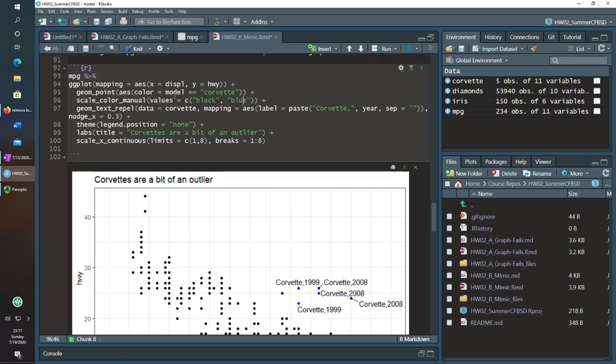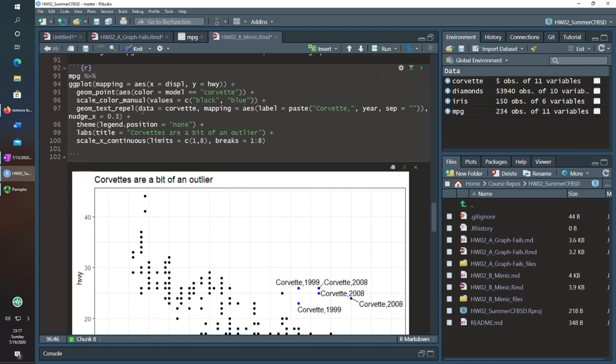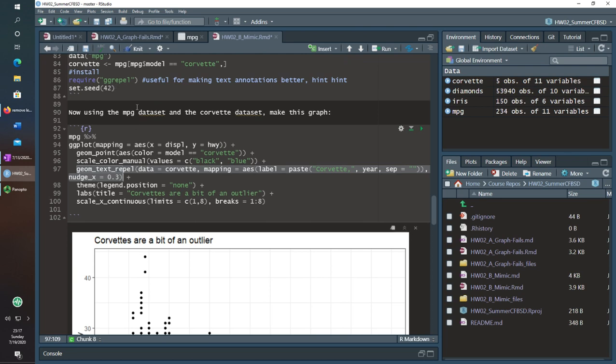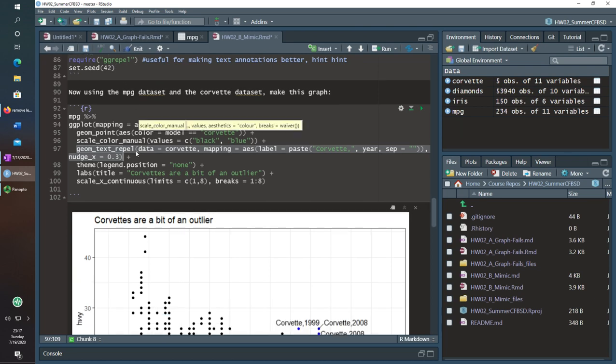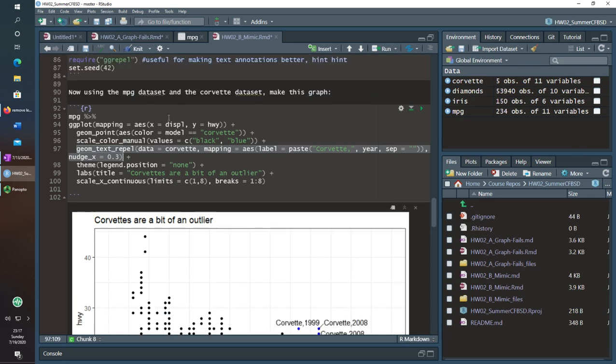But you can also do this with pulling out the data as well, and I'll go over that in a second. But to finish up the example that I have, the next thing I did was the geom_text_repel, and this is again from ggrepel, and it's a very useful way of doing this. It's a lot nicer, because it makes these little lines if it's needed, which is a pain to do in base ggplot, but can be done if you really wanted to do it yourself, but they already have a package for it, so I don't know why you would do it yourself.